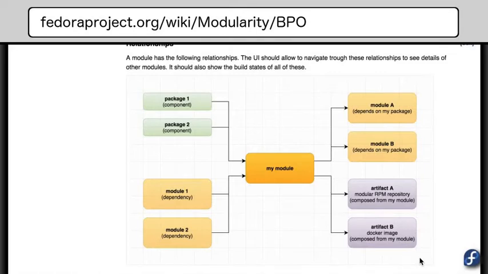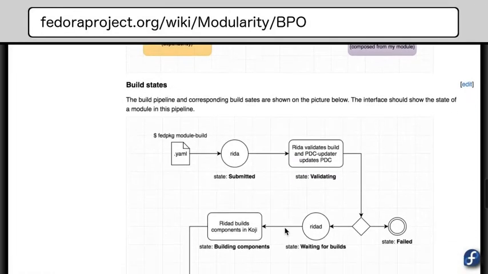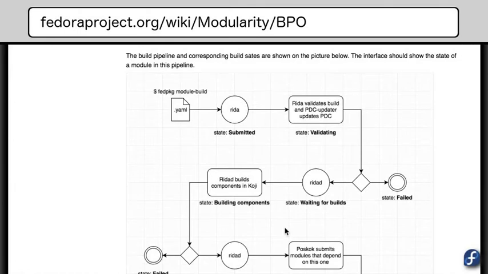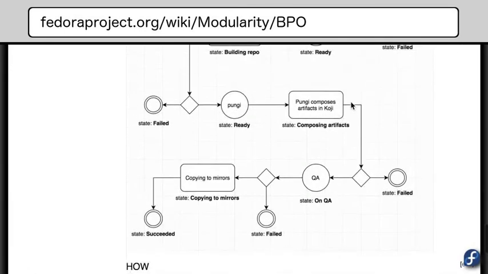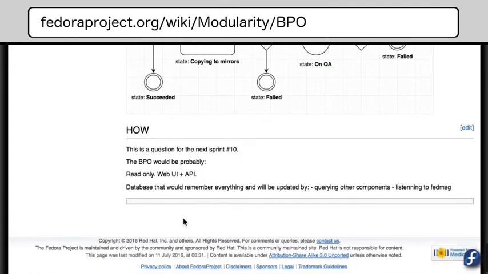So I want to be able to click on any of those and see the details, and I also want to see the build states of all of these. The build state of a module is described below here, which starts with submitting a YAML file into the pipeline and releasing. So that was about the what question, and the last is how,